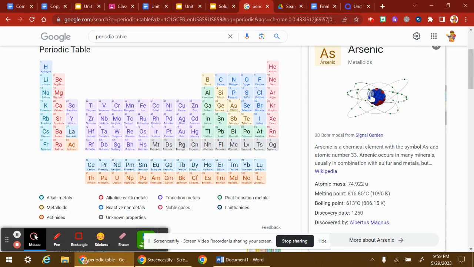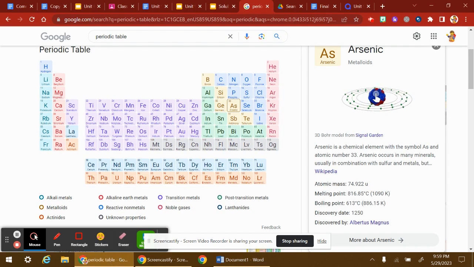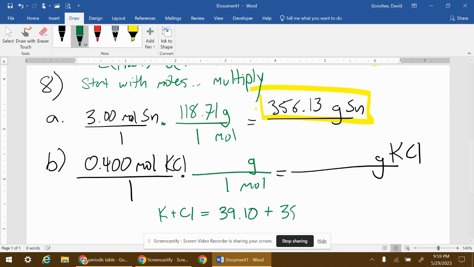So K, potassium, is 39.10, plus Cl, which is 35.45. So KCl, 39.1 plus 35.45. The molar mass of KCl is